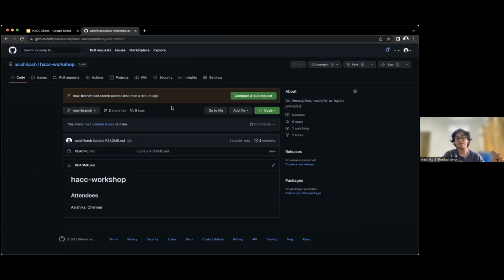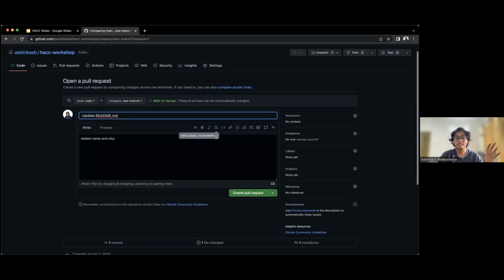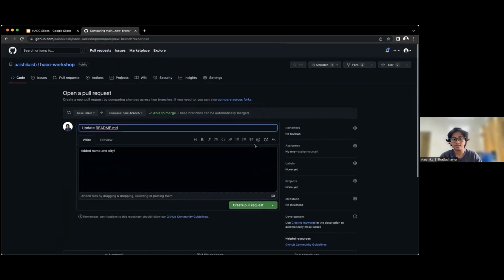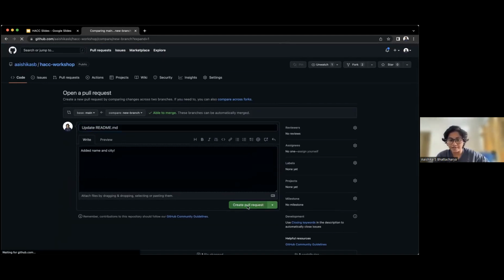So we actually have the option to compare both the branches and open a pull request to suggest changes that can be added to the main branch. Opening a pull request is actually very easy. We simply need to click on compare and pull request. This is a very simplistic pull request, so there's not a lot of things that we need to do. I don't want to change the contents here because it looks fine to me, so I'm just going to click on create a pull request.